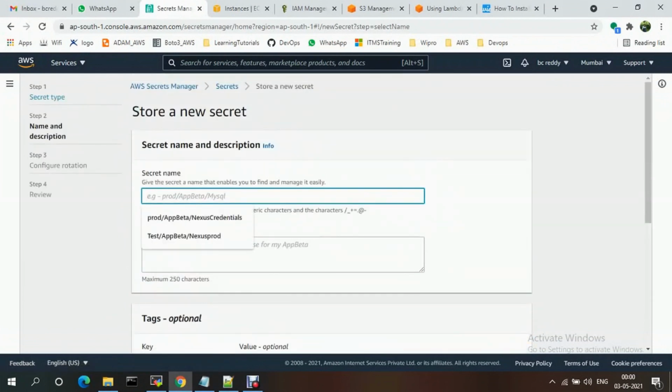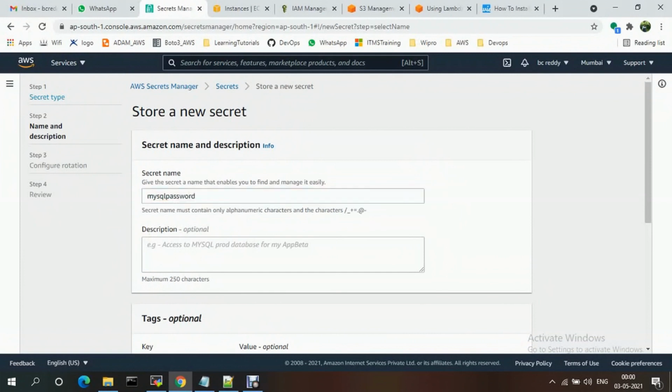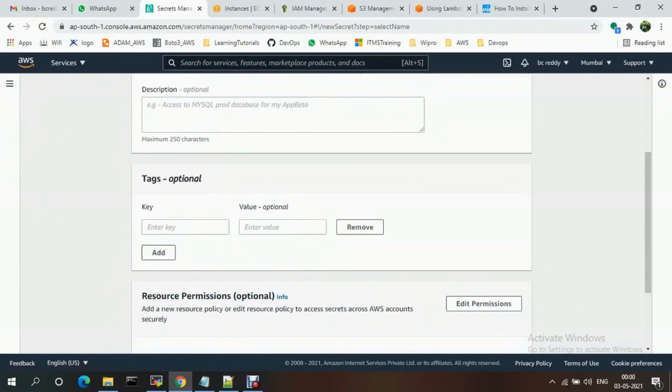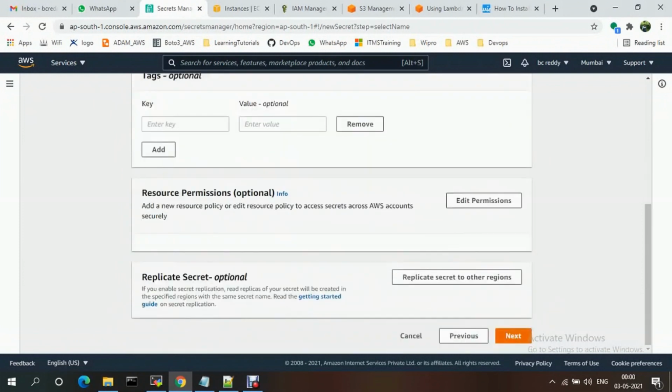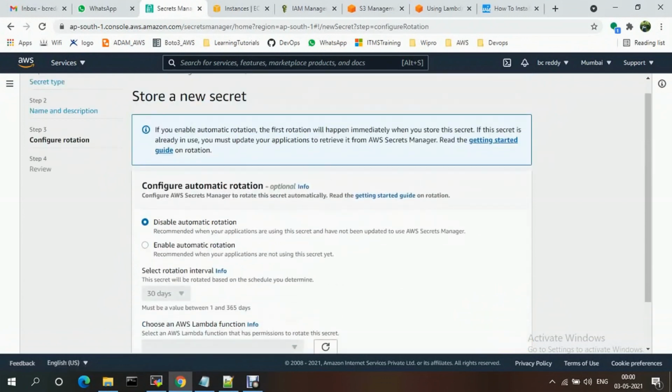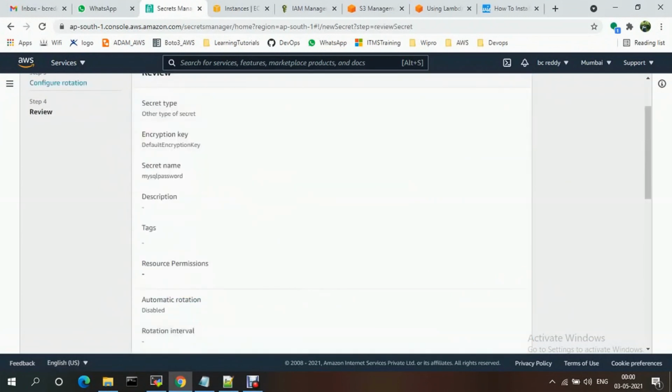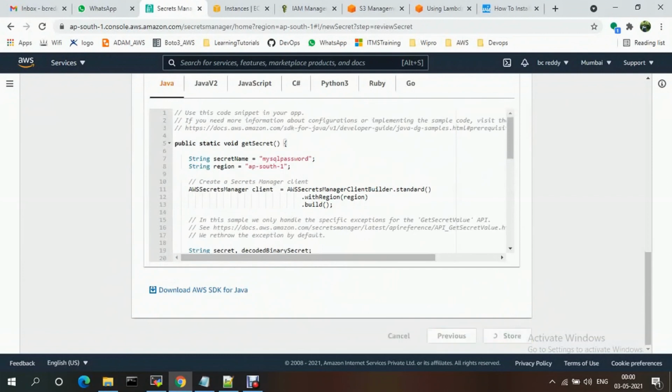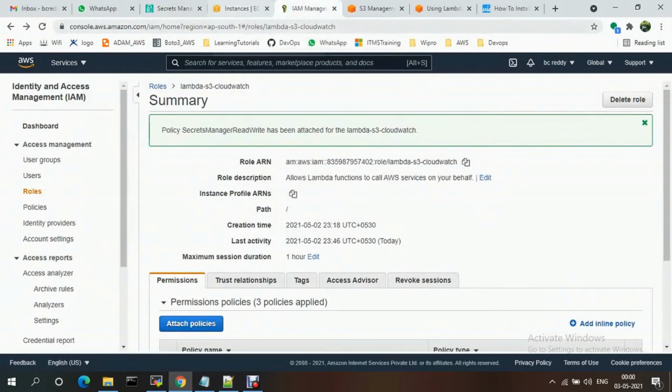Secret name, MySQL password, and I'm just creating this one. So it should be stored like this. You can create your new secrets. Using that secret, you can get the username and password.